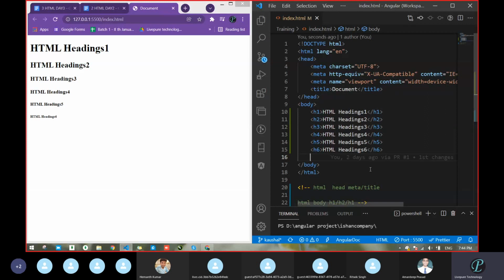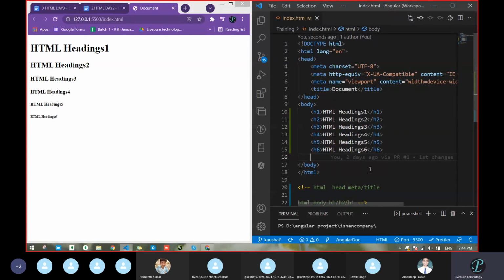So whenever there is a requirement to make any heading, subtitle or title, in that case we use the H1 to H6 tags. Now next, how will we remember that H1 is the largest and H6 is the smallest? Just think of a real family. H1 means the first brother, then the second brother, then the third brother.